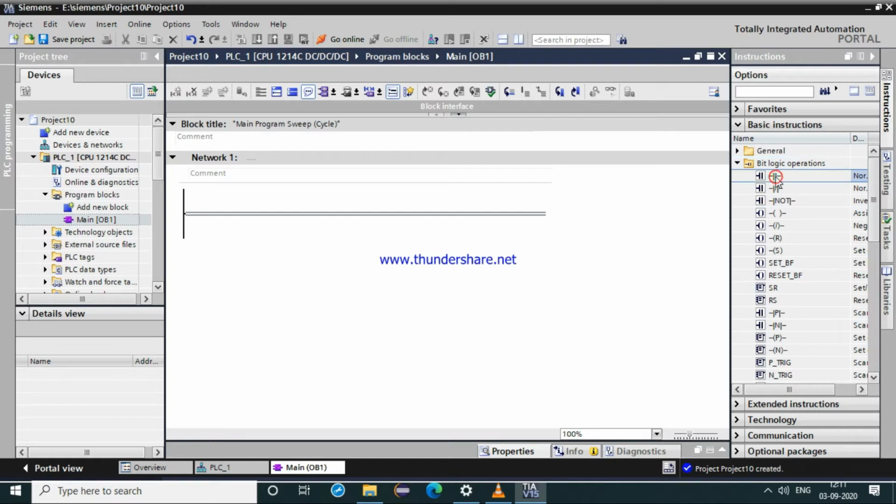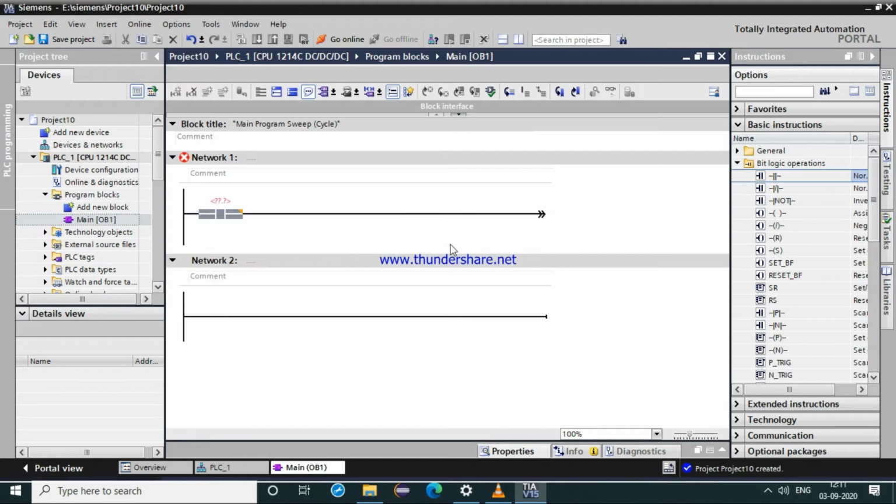So I will add one NO. You can drag and drop it on the rung. Then I will take one coil, that is one output. Double click on your NO type, that will be your input.